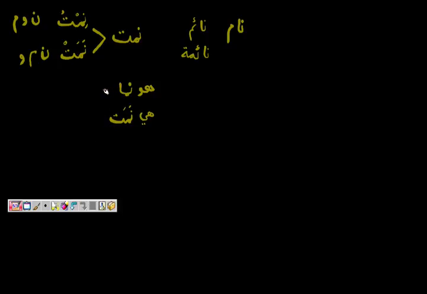Right, so it would be nama, and then the dual would be namawa, like da'awa. If I said da'aya, that's wrong. It's da'awa, namawa, and then namo, like da'aw, namat, namata,